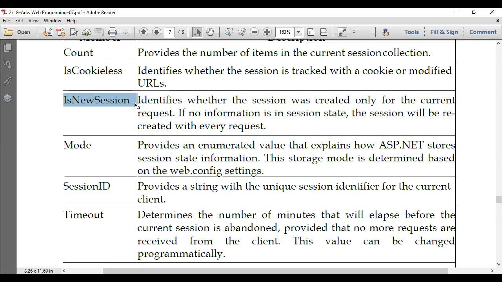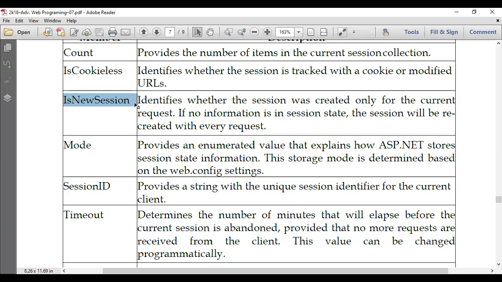In story format, I have tried to tell you the importance of IsNewSession, because it keeps track of whether the continuous session is there, or whether the session was idle, nobody was using it and someone is trying, then it will force you to log in again.